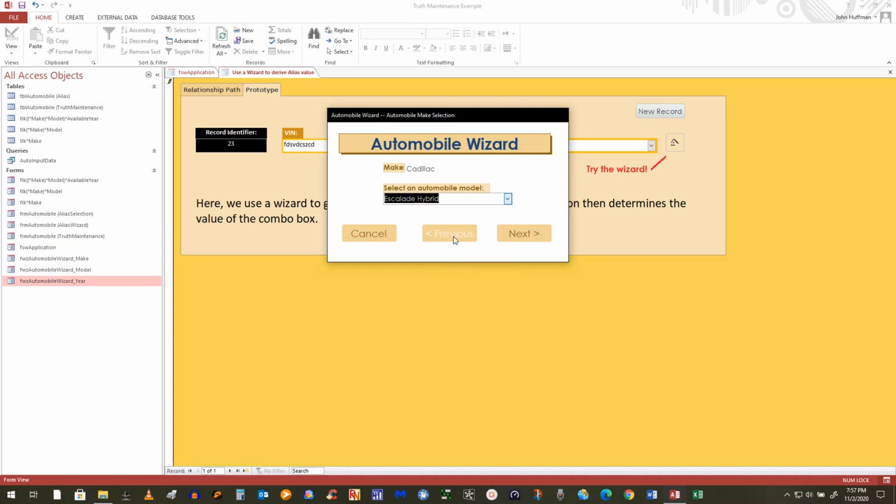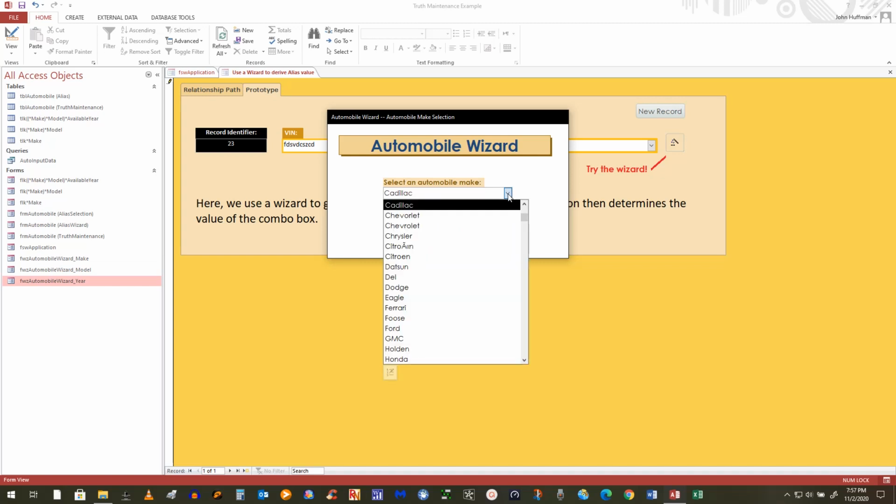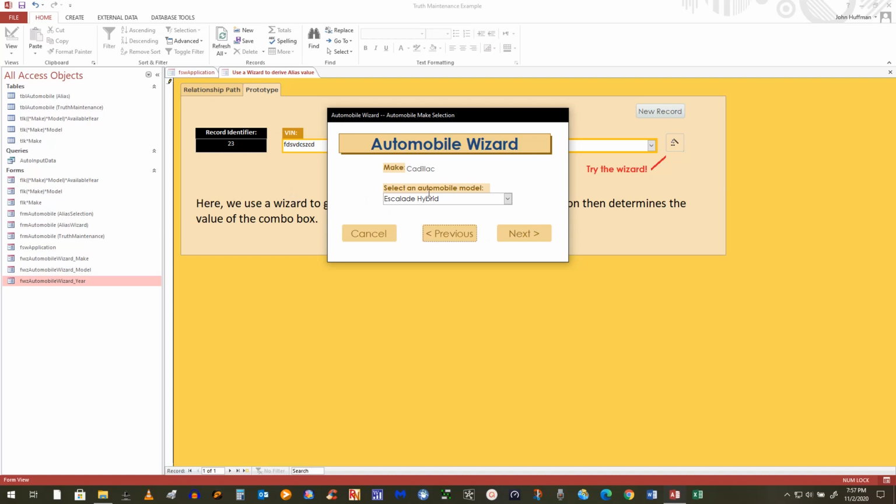And if I pick an Escalade, and oh, I didn't want a Cadillac, I go back. When I did that, it closed down those other two windows because it wants to put it back in its initial state. Thinking no, it didn't. It won't do that actually until I actually pick another one. If I came back here right now and hit next, because it has a value in there,